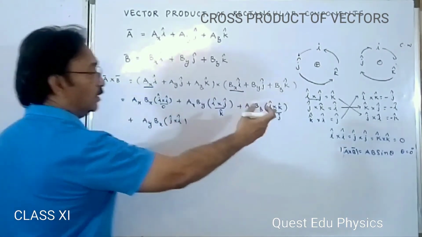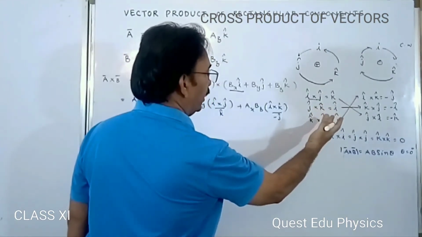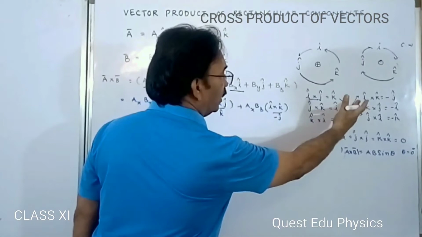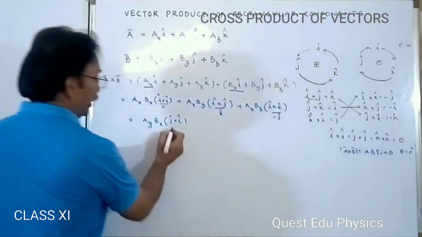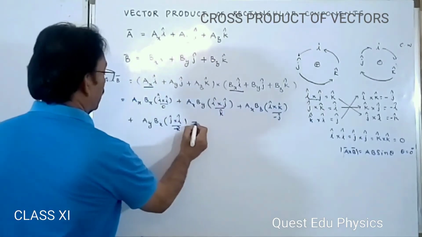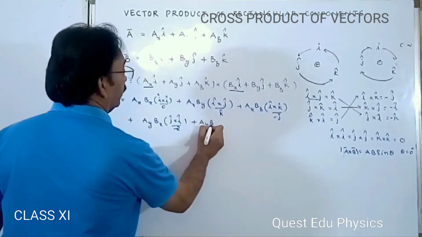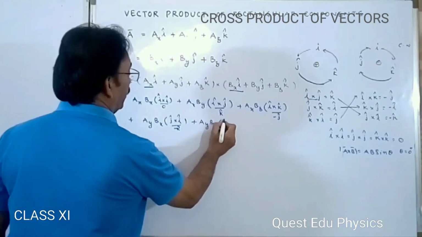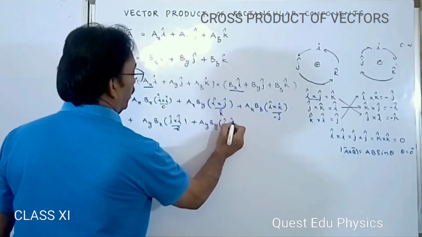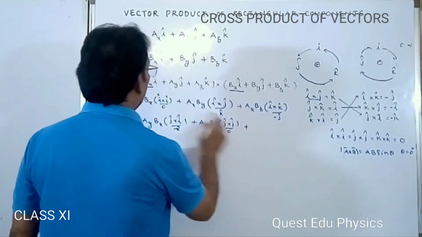See that J cap cross I cap is equal to minus K cap, plus AY BY J cap cross J cap, obviously it is 0, plus AY BZ